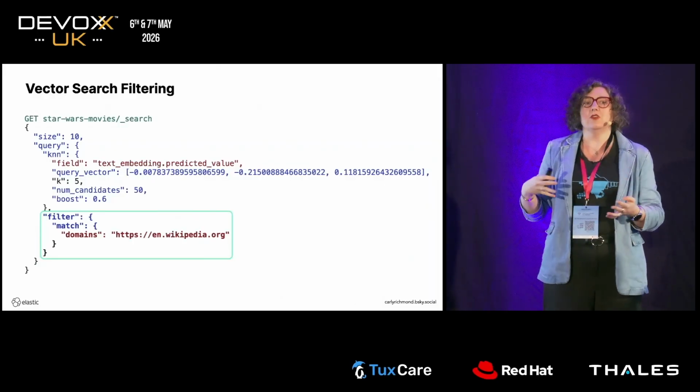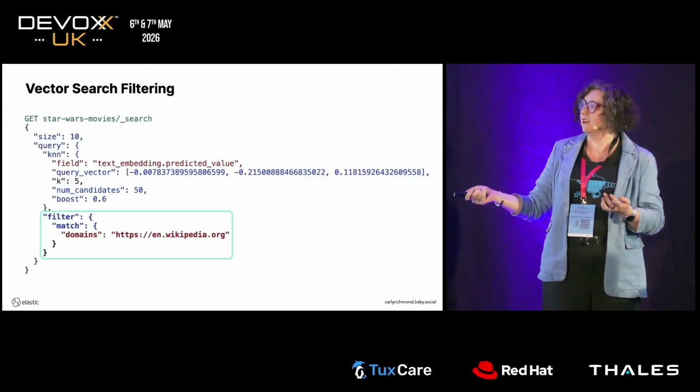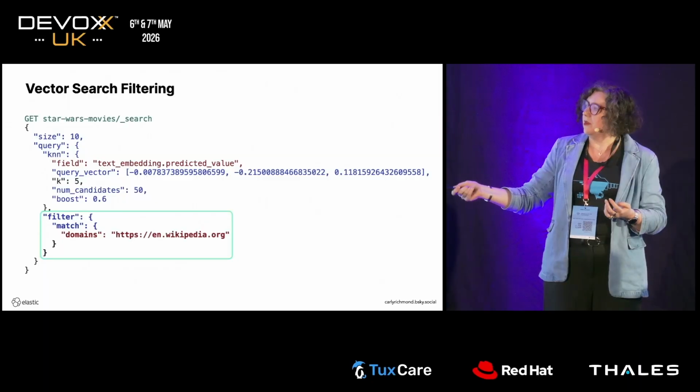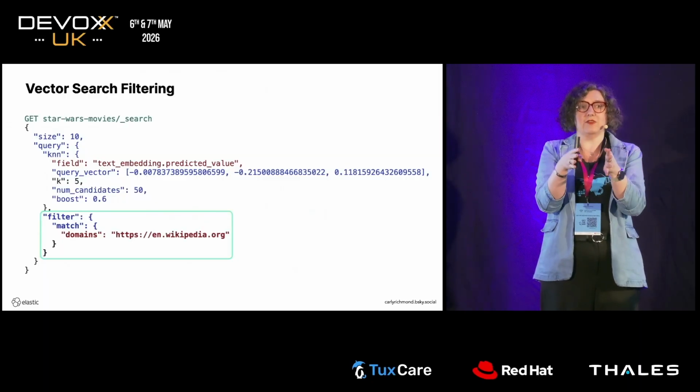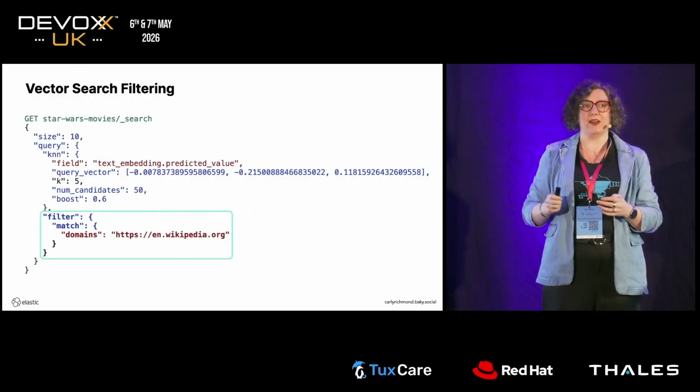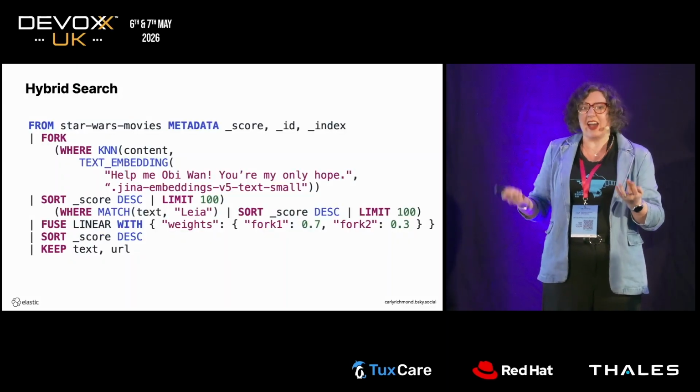But it can also be a useful thing as pre-filtering. So this is an example of a Query DSL query where I basically have a pre-match, which is going to reduce the size of the vector space using lexical, and then I can go off and do the vector comparisons instead. We can combine them together.